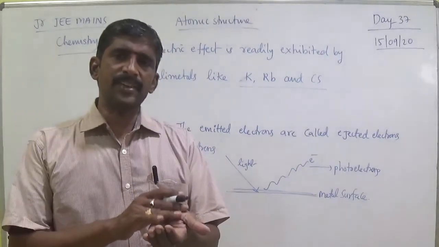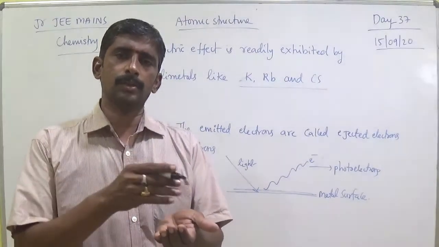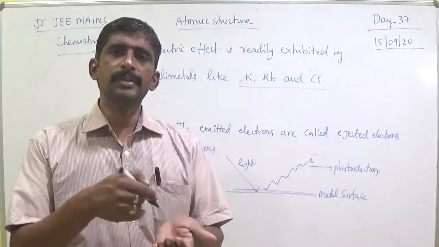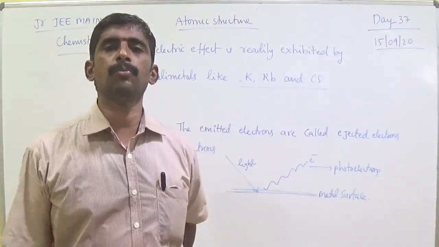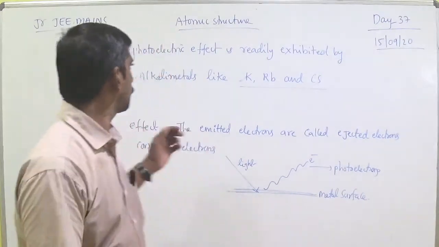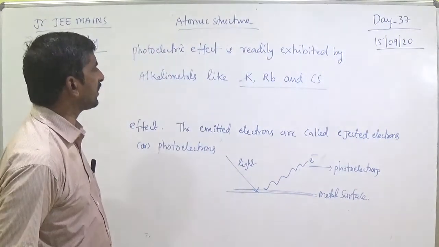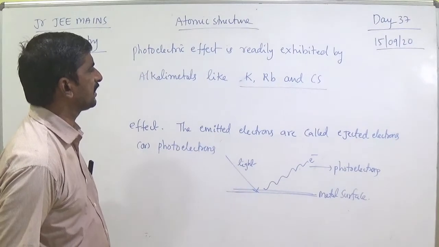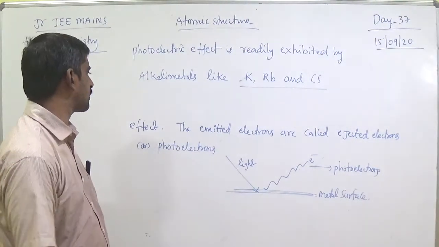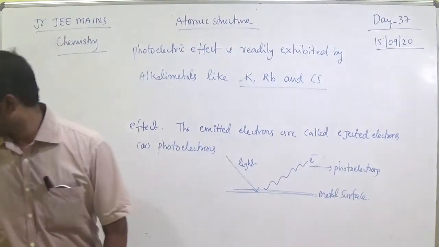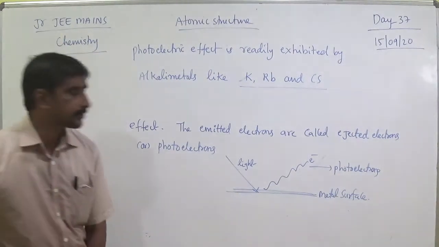On this metal surface, when light falls, electrons are ejected immediately. The ejected electrons are called photoelectrons. Okay? Photoelectric effect is readily exhibited by alkali metals like potassium, rubidium, cesium. So this is the photoelectric effect. And another one is